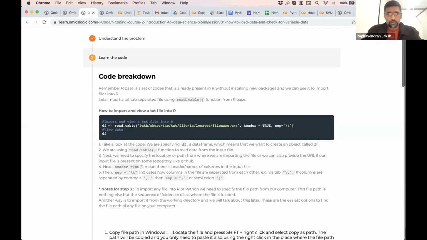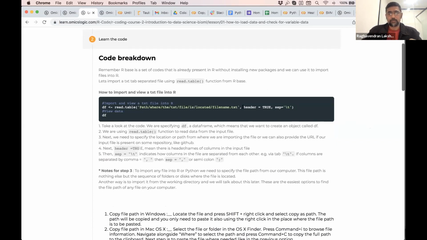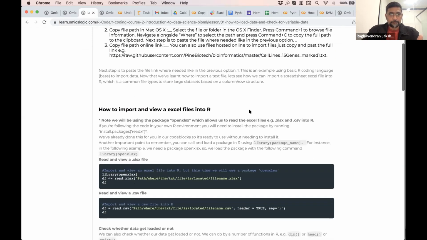So where you load your data using the read.table function. It's one of the functions present in R, and it takes some other inputs, like to let the coding environment know whether or not your data has a header, that is the column names present in the data, and how the fields are separated in your data, whether they are tab separated, or separated by comma, or by any other special character. So we mention this,